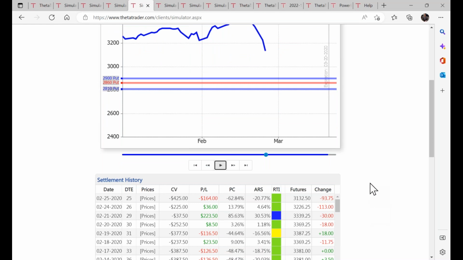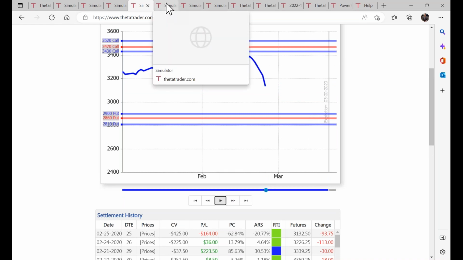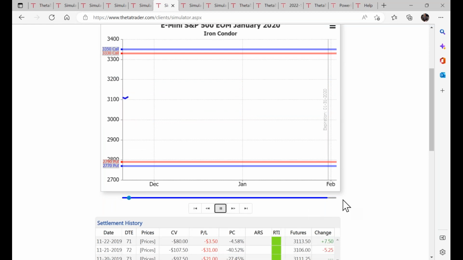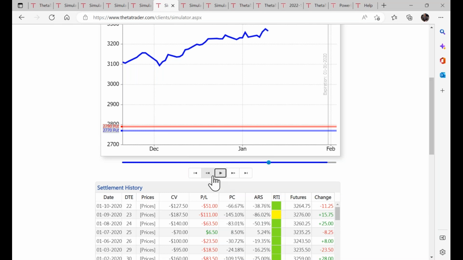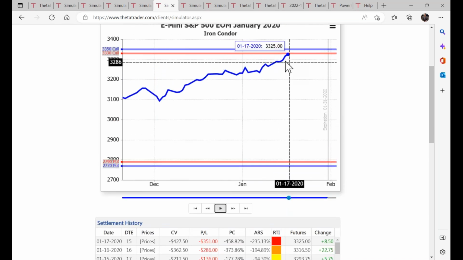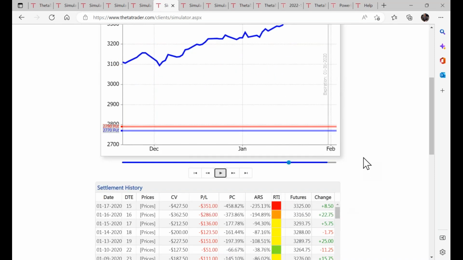Again, the dragonfly has a completely different risk and reward characteristic compared to the condor. It can be much more robust at times and take an otherwise losing position and turn it into a winning position compared to a condor. Here's another condor trade. And I actually forgot what happens here. So you can see it turns yellow again, and then it turns red. You can see why. It gets real close to your upper boundary with some time left, and there's too much risk. Turns red, you take your loss.